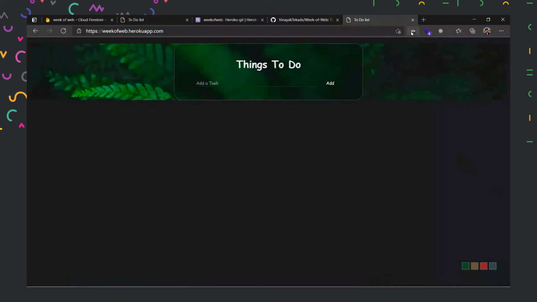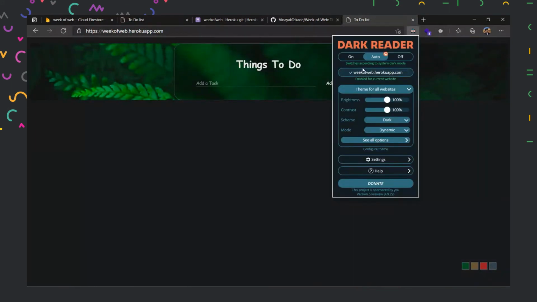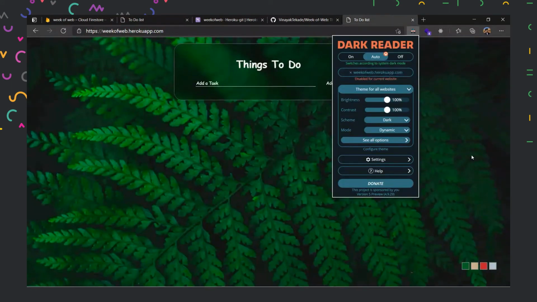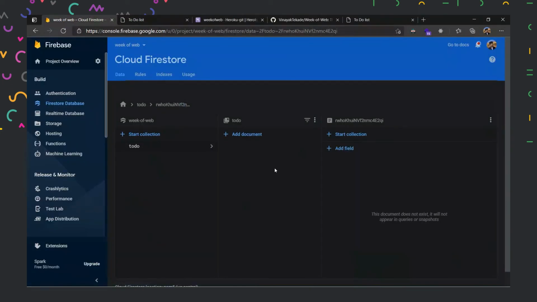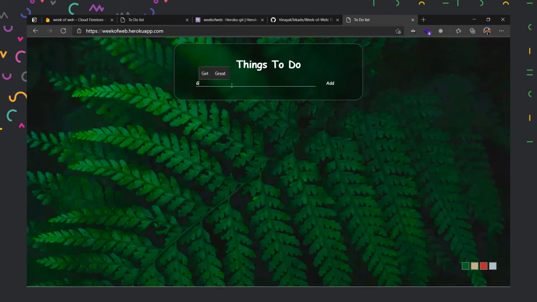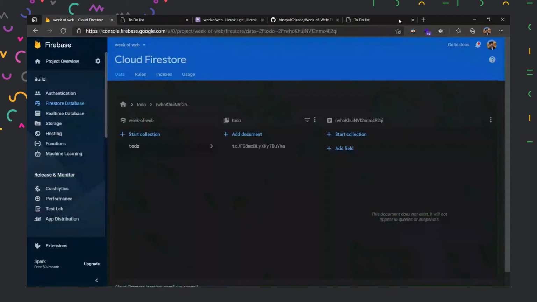And yes, our application is available over here. I'll disable my dark reader over here so that CSS loads properly. And this is also connected to our Firestore database, using those secret API keys we had in the service account key, right? All those are available in our Heroku repository as well, so it could connect to our Firebase application. And then here also we can just type play GTA 5, and this should be available in our database as well.